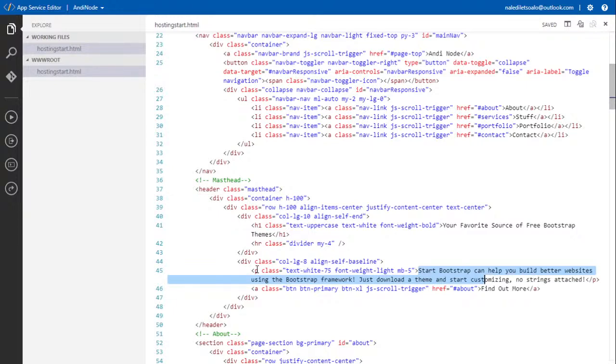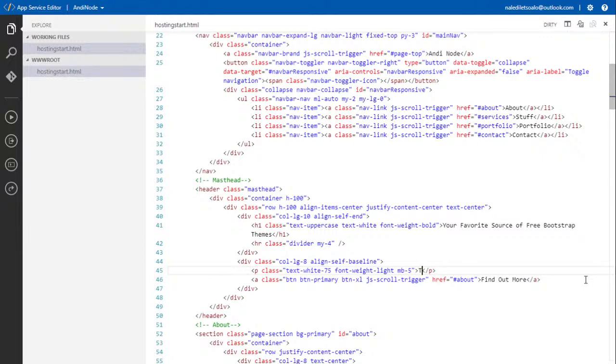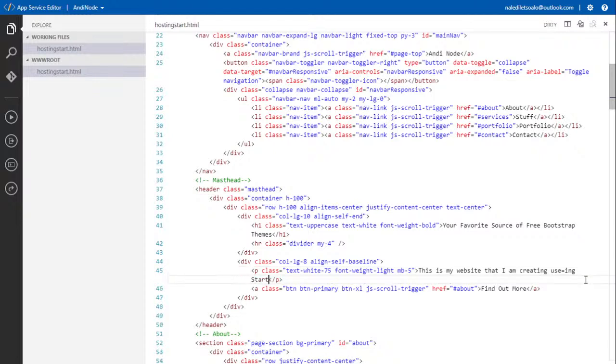Yeah, so that's the tag that we use for text that is going to display on the website. I want to make sure that I change just this one to, this is my website that I am creating using Start Bootstrap templates.